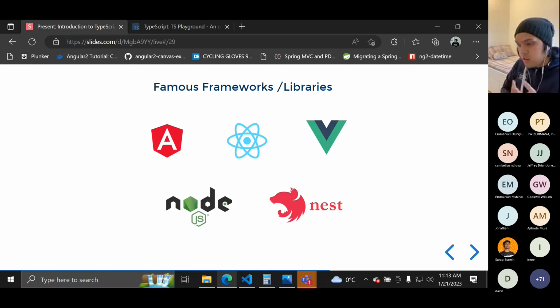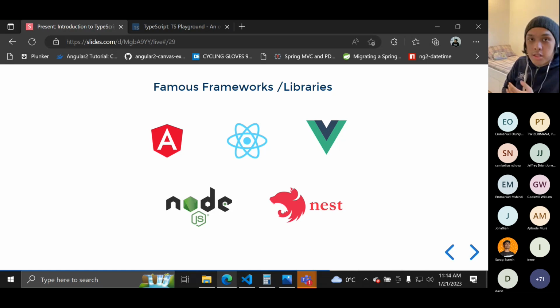And right now, React is also using TypeScript. It's already compatible. Vue.js also, Node.js, they are also compatible now with TypeScript. You just have to install the TypeScript library and configure some stuff like the tsconfig.json, and you are good to go. And this offers a new paradigm in Node.js, since TypeScript is OOP. And lastly, if you know about Nest.js, they are also using TypeScript.